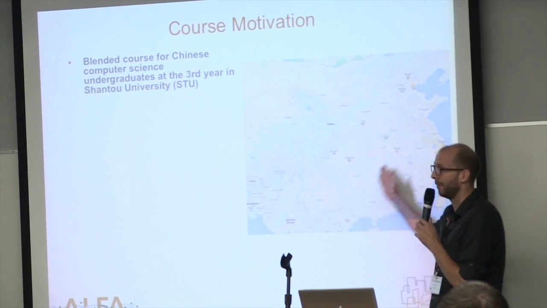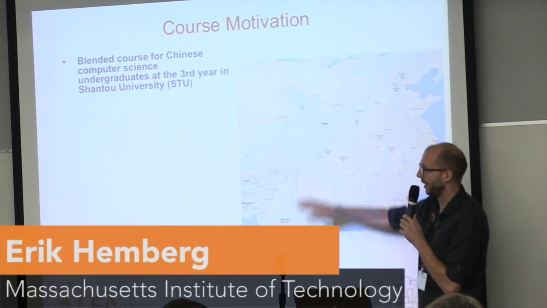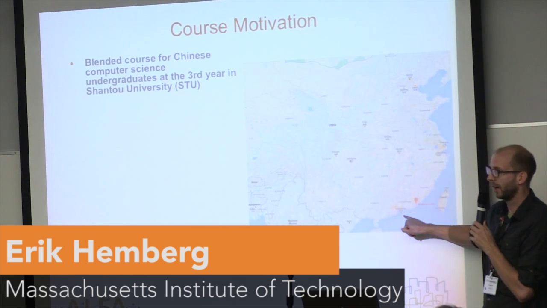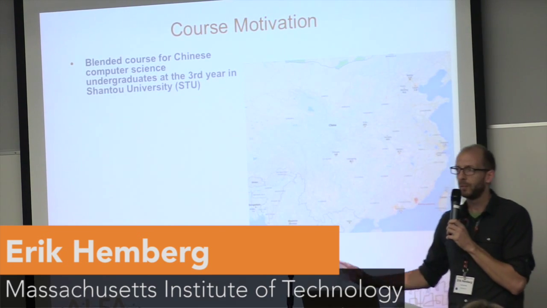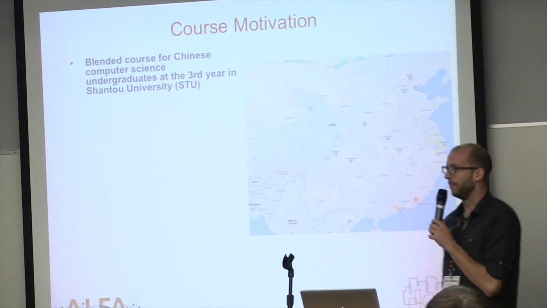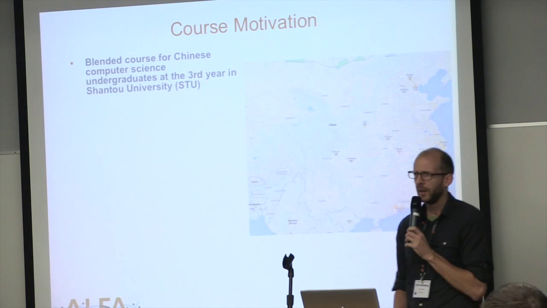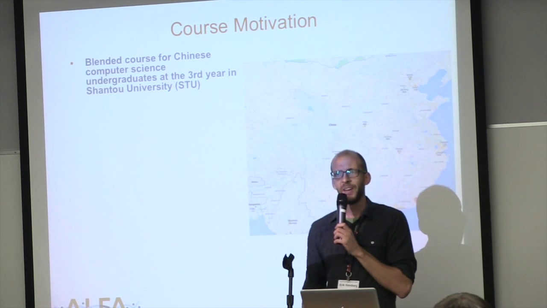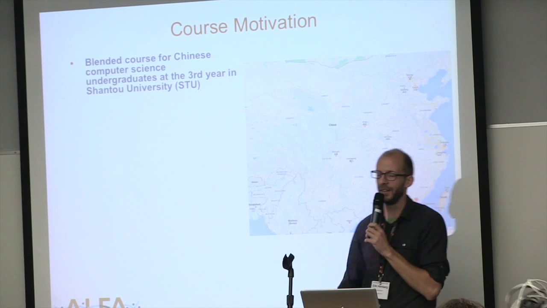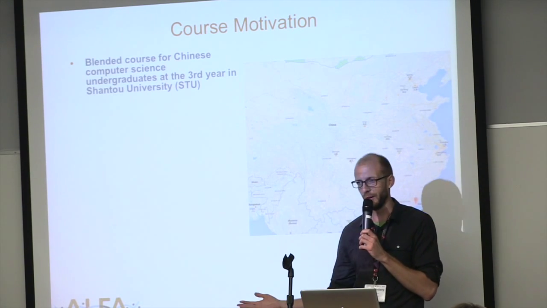That's why I have this map up here, because China is very big and it has a lot of people. Here is Shantou and here's Hong Kong. It's a small city of around 5 million people, and the university is one of the mid-tier universities. So really this talk is very much helping you, when you get the question, you can develop a course for a university. How do you do that and what do you learn?